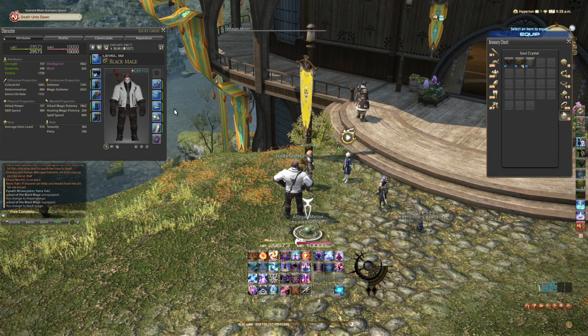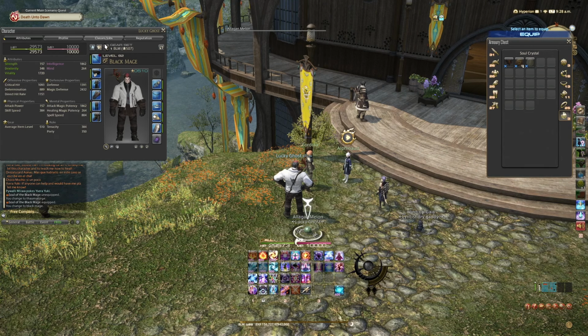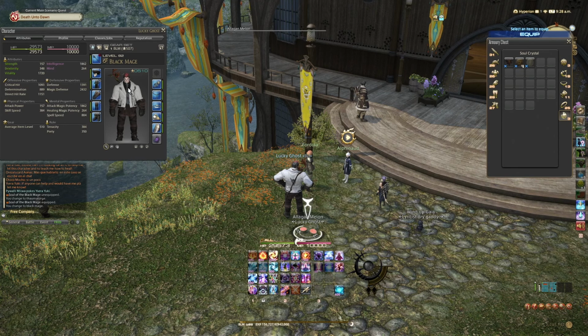Now, make sure you remember that your job is not the only job that you can have. In fact, you can unlock every single job in the game on the same character. So one character can be a gladiator, an astrologian, a monk, a pugilist, right? You can do every single job in the game on one character. You can max them all out. You can get them all to 90 and you can change between them anytime you want with the simple click of a button. We'll get into more about how to do that later, but just remember that the job you choose and the role that comes with it is not the only thing that you're going to be allowed to do going forward,